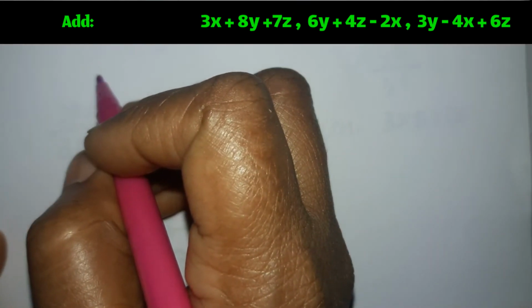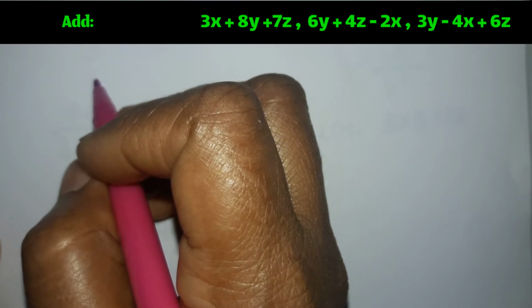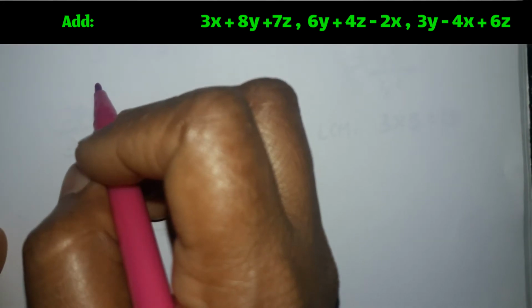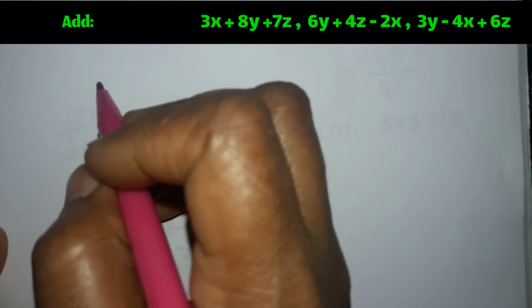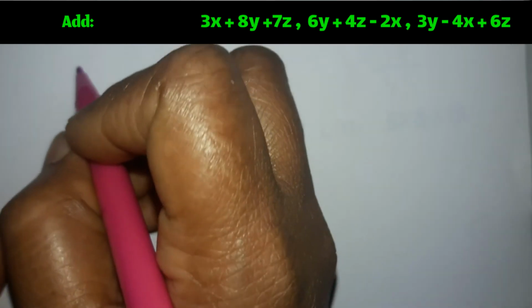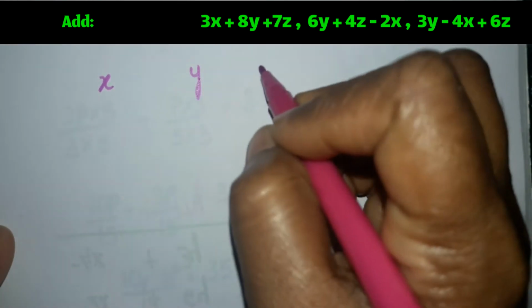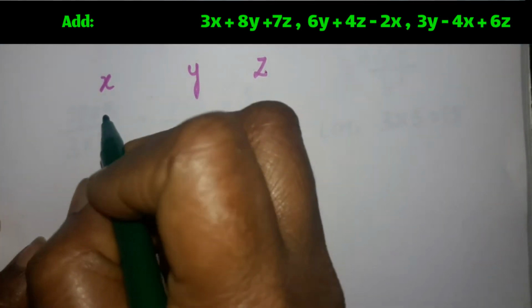We have 3x plus 8y plus 7z, and 6y plus 4z minus 2x, and 3y minus 4x plus 6z. We are going to add this in the form of column method. Okay, let us see how we can do using column method. So first let me write x, y and z. So first equation says 3x